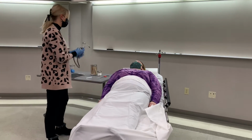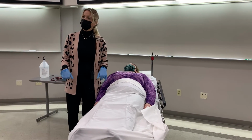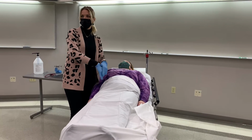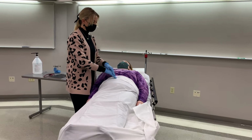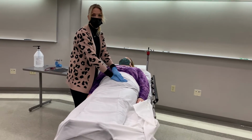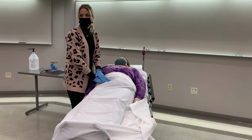So once I listen and auscultate, now I can go into a light palpation and a deep palpation, also in each quadrant, working in a clockwise fashion. With the light palpation, I would just start very lightly, and you can just verbalize what you're working through and what you're looking for. And I'm really just going and feeling for any kind of